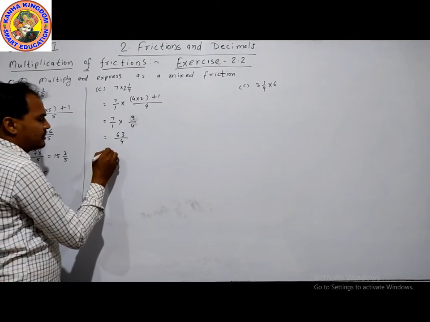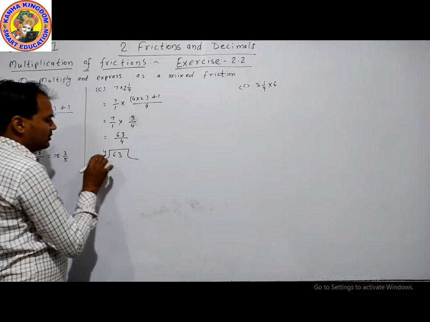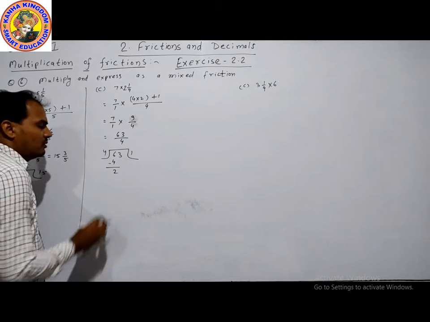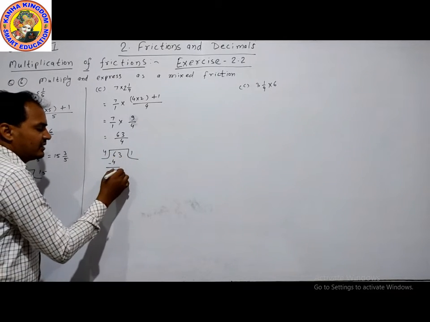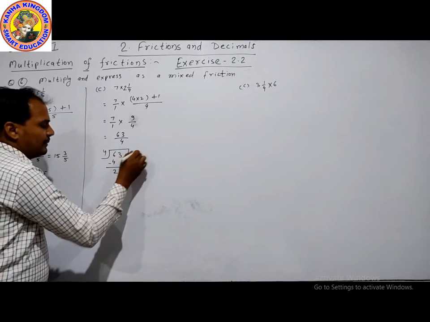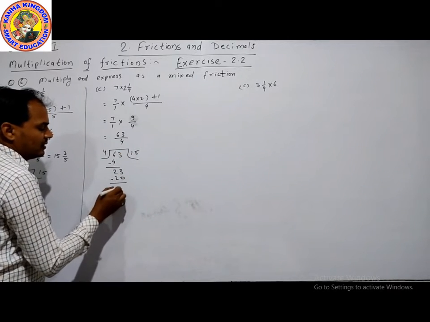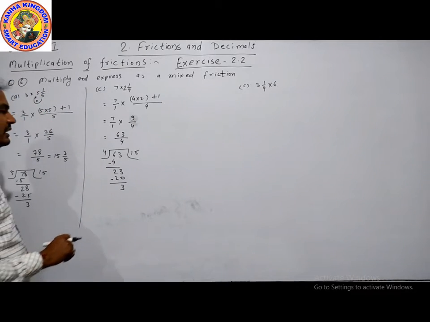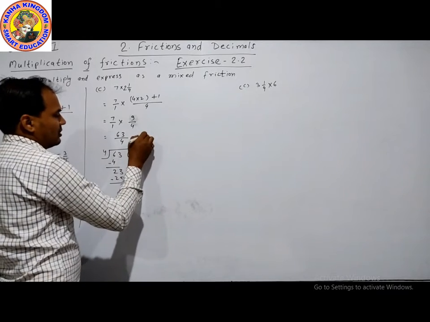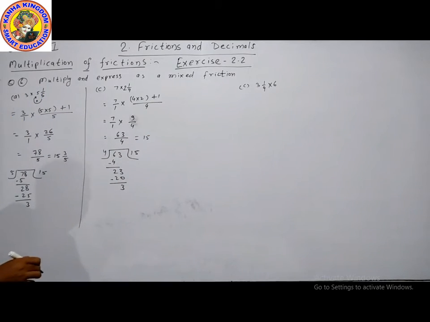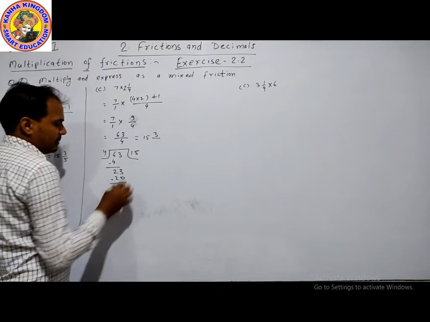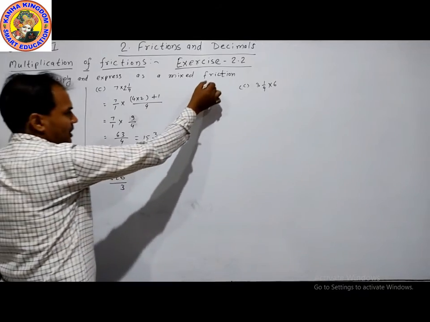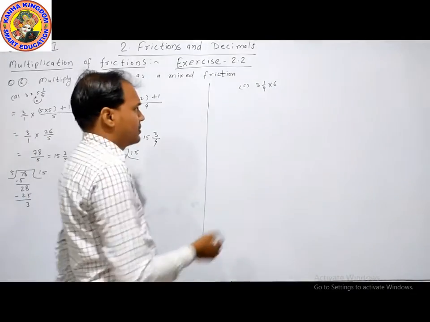We will convert it into a mixed fraction by dividing. 63 divided by 4: 6, 1 time 4, remainder 2. 6 minus 4 is 2. Next digit 3, 23, 4 times 5 is 20. 3 is less than 4, we cannot divide again, so our answer is 15 complete times, 3 is the remainder, and we divide by 4. This is our answer.